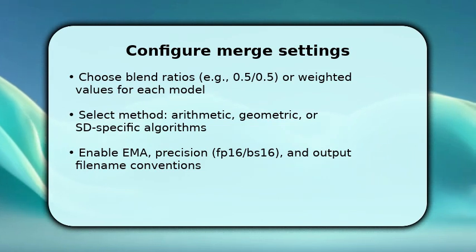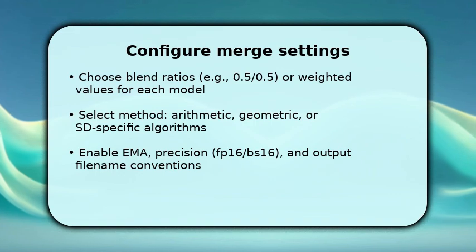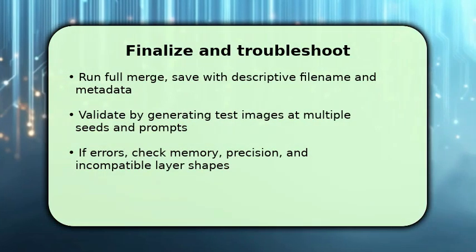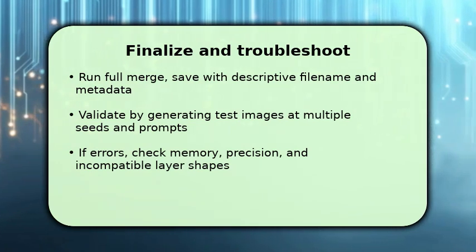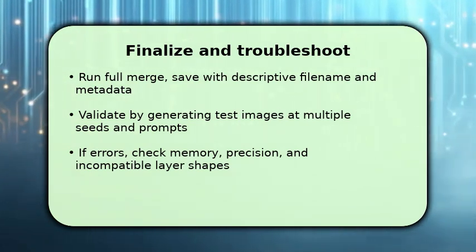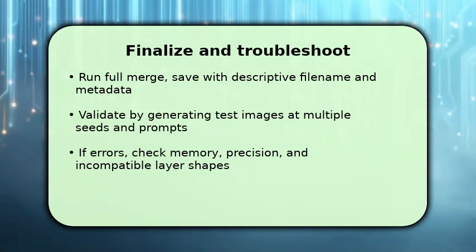Once configured, run a test merge with a short seed set and inspect outputs before committing to a large or production merge. You finish by running the full merge and writing metadata into the output file so you remember weights and methods. After the merge, generate several test images across different seeds and prompts to validate results and spot hallucinations or